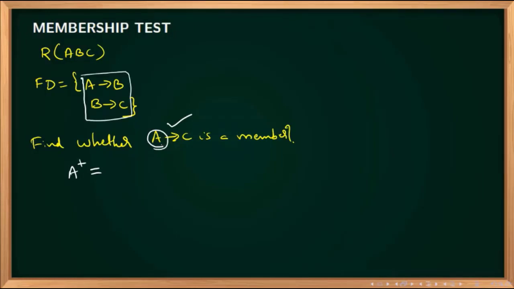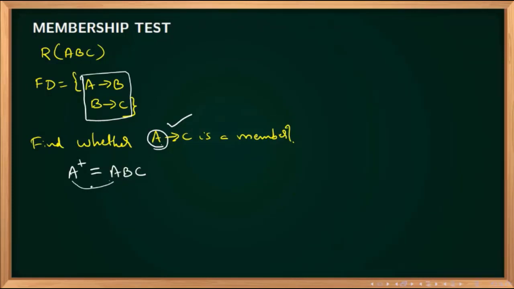What are you getting? Somebody wrote that it is transitive. With all these things, we can prove it with our 6 rules. We have studied them, no? Transitive, pseudo-transitive, union, decomposition, and then what else? Augmentation, reflexive. With those rules also we can find it, but for making our job easier, only this closure is coming into the picture. So now what is A closure? Can somebody write? A closure contains A, B, C. What is the meaning of this? A closure is equal to ABC means A can determine phi, A, B, C, AB, BC, AC, ABC. All combinations.